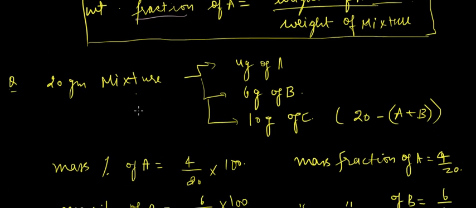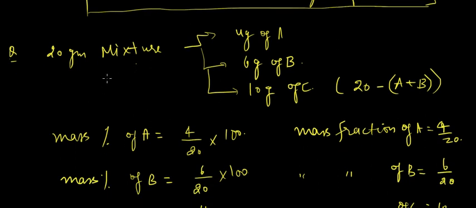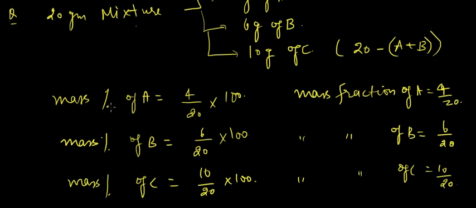Next, let us see a question wherein we have been given 20 gram of mixture which contains 4 gram of A, 6 gram of B, and the remaining grams of C. Remaining would be 20 minus weight of A and B, which is 10. So 20 minus 10 is 10 only. So mass percentage of A would be